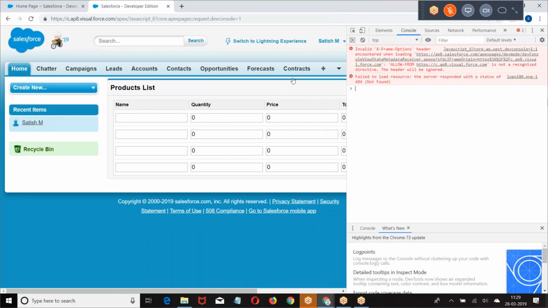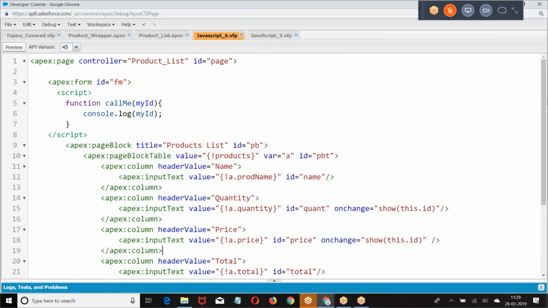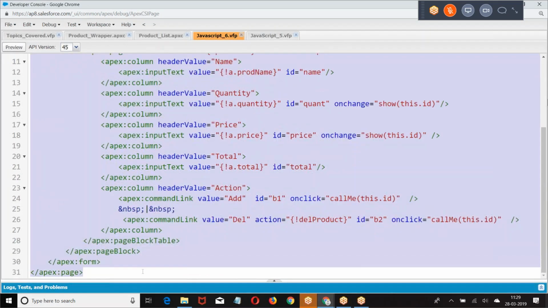We're not getting the ID. Let me copy paste it, the different code and check it out. There's nothing wrong in the code.